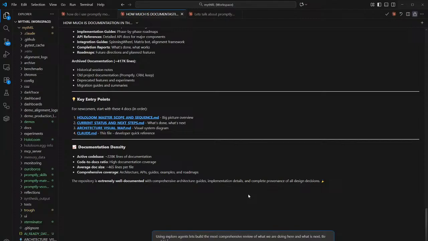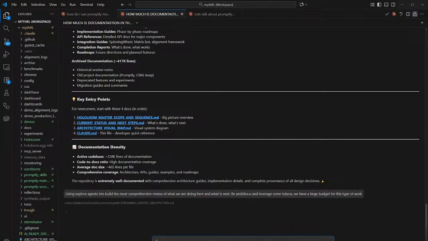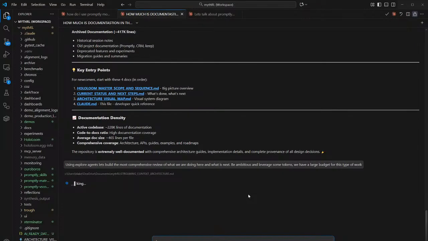Be ambitious and burn some tokens. And, well, maybe I shouldn't say burn some tokens. Leverage some tokens. We have a large budget for this type of work. That's it. You want agents, you just say agents.